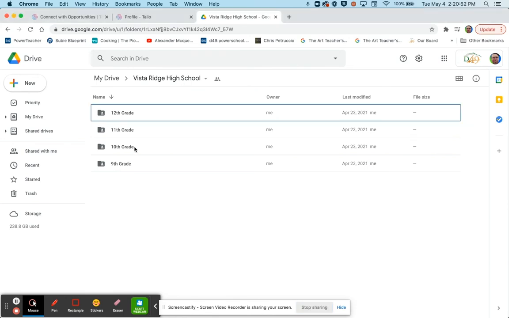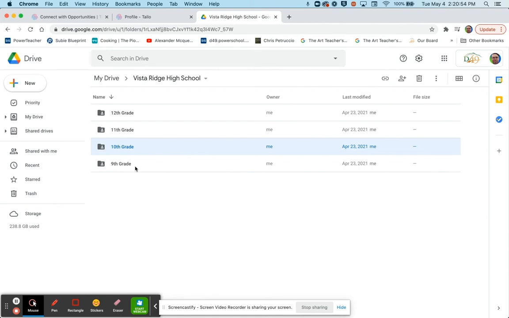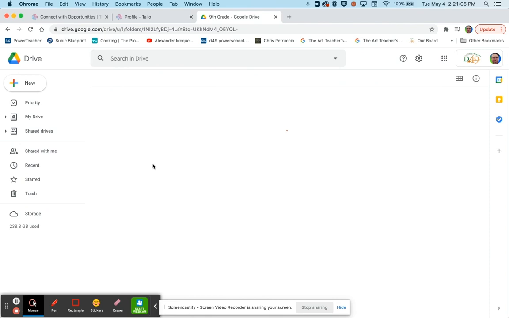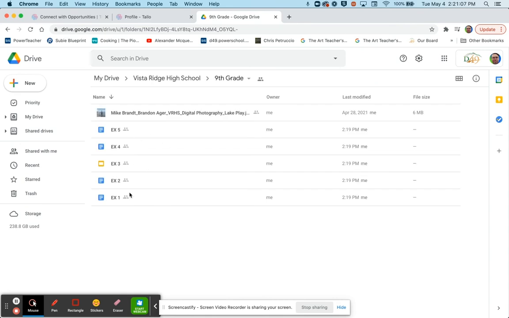And I've made a folder for each grade level. Even though you might just be in 9th or 10th grade, it doesn't hurt to make those folders for the future when you do get around to adding those. But what we're going to do, I've put some example files in 9th grade. Right now you could go through and open up the share settings of each of these,